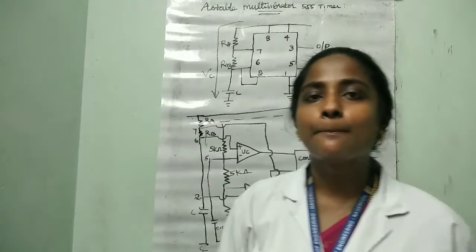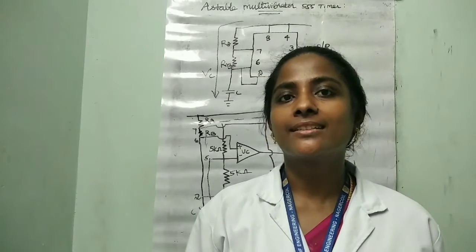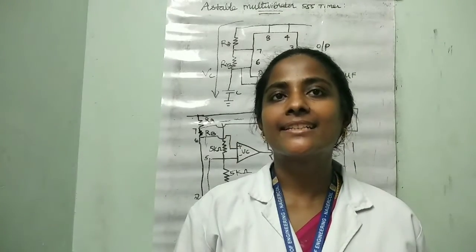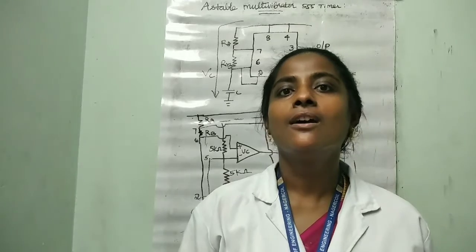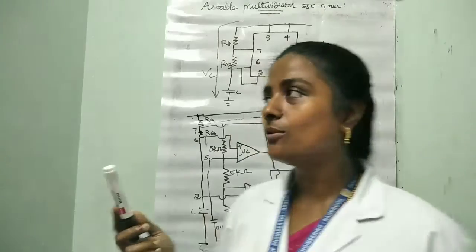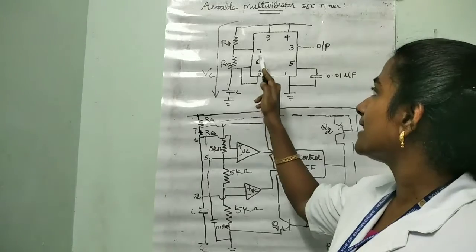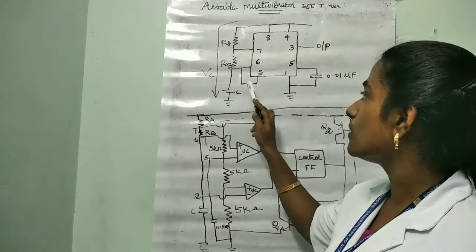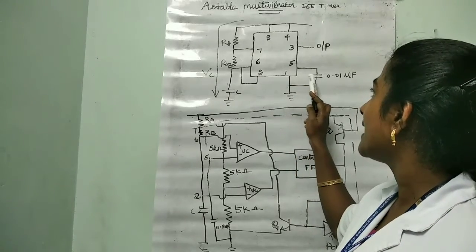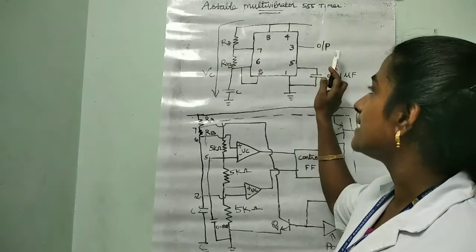Here the power supply VCC is connected to the external charging capacitor, the timing capacitor C, that has a timing capacitance value of (RA plus RB) into C. Okay, here similar to monostable multivibrator, we have 8 pins: 7 and 6 are shorted and 6 and 2 are shorted. Pin 1 is grounded, and pin 5 is grounded through a capacitance of 0.01 microfarad, and the third pin is the output.